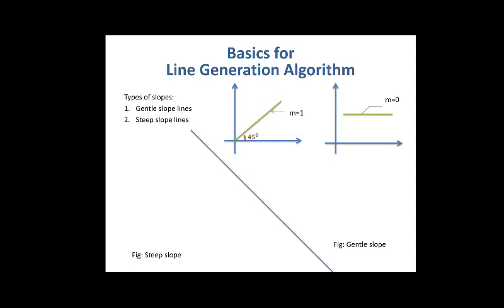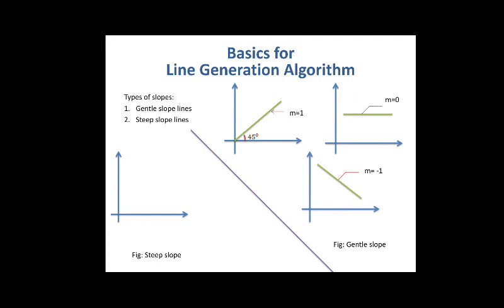The slope concept is this: whenever you tilt something at some angle, it forms a slope. When the line is straight, there will be no slope, right? So here m is equal to 0. If the line is like this, again it is forming some slope, showing that m is equal to -1. So this is the gentle slope. These are three kinds of slopes. So we can say that the gentle slope value is between -1 and 1. It may be 0, it may be -1, it may be 1, or it may be any value in between -1 to 1. This is called a gentle slope. This is the general term for gentle slope.